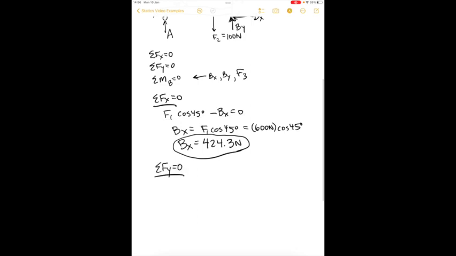Now we move on to solving in the y direction. So remember, we always want to remind ourselves which way is positive. So in the y direction, positive is up. So it means that the force A is positive, the force By is positive, and the other forces are negative. So F1 and its y component, sine of 45 degrees, minus F2 and minus F3. All of these will add up to 0 for equilibrium. When we do that, we can find that By